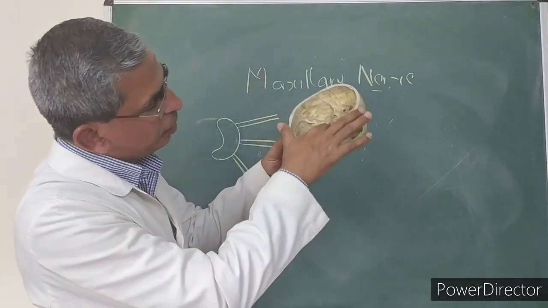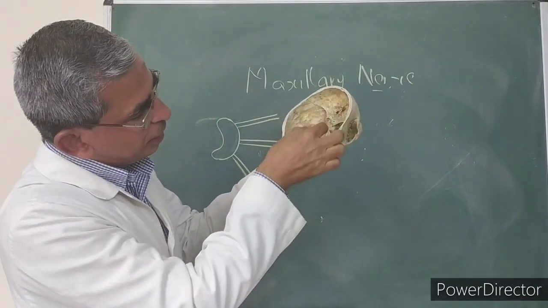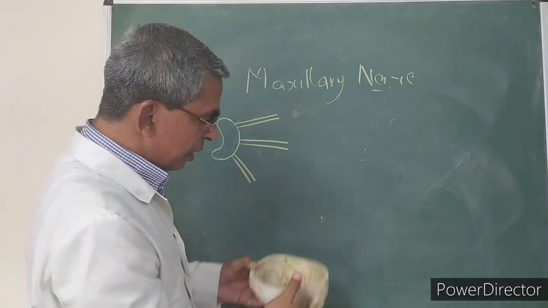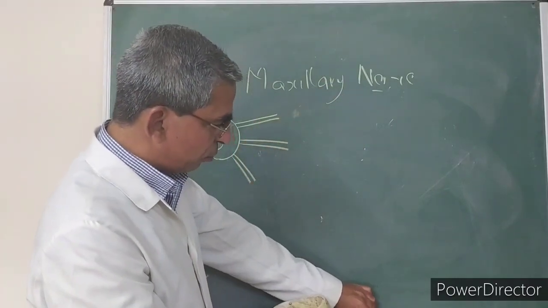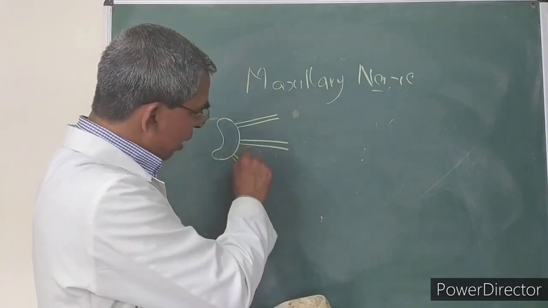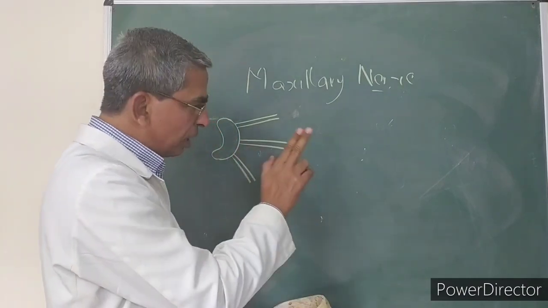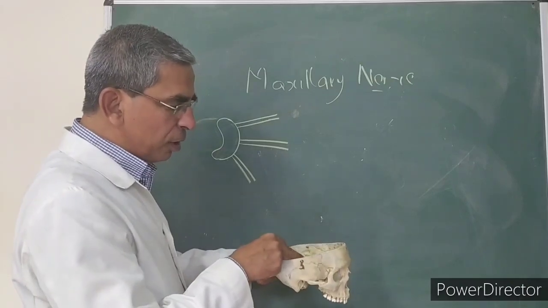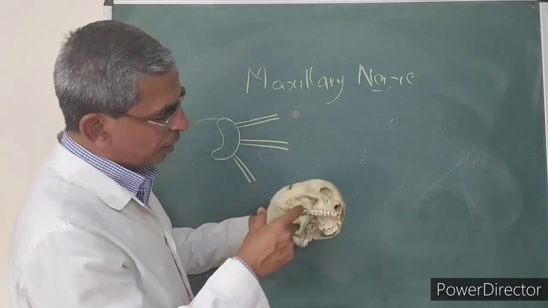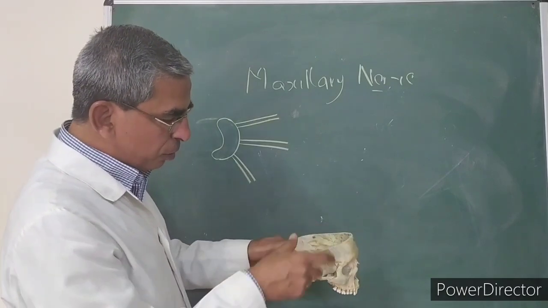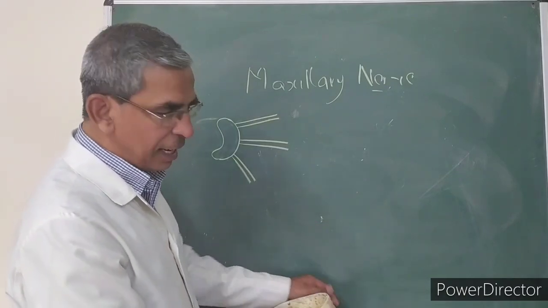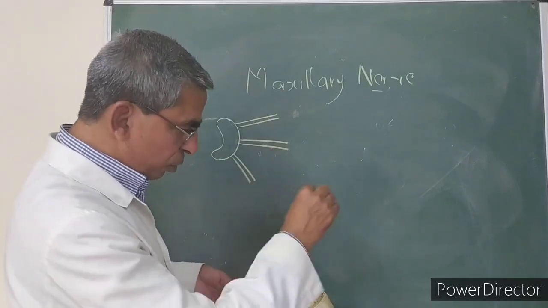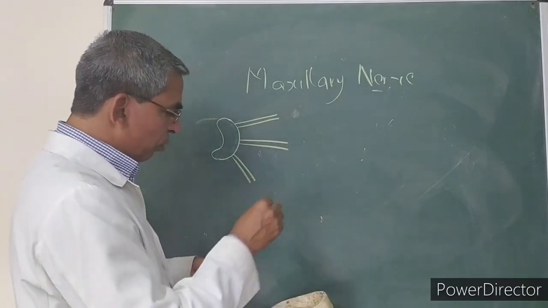This is the skull. On the floor of the middle cranial fossa, there is a small foramen, the foramen rotundum. Through this foramen rotundum, after passing through the lateral wall of the cavernous sinus, the nerve enters, and this foramen rotundum opens into the pterygopalatine fossa. This foramen rotundum is not actually a foramen; it is like a canal. A small part of the maxillary nerve runs through this foramen rotundum, or the canal.